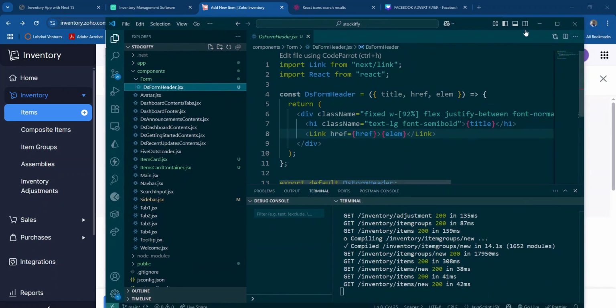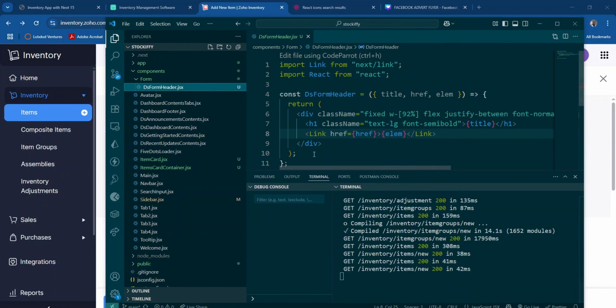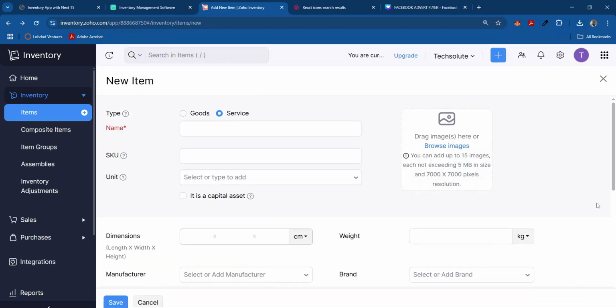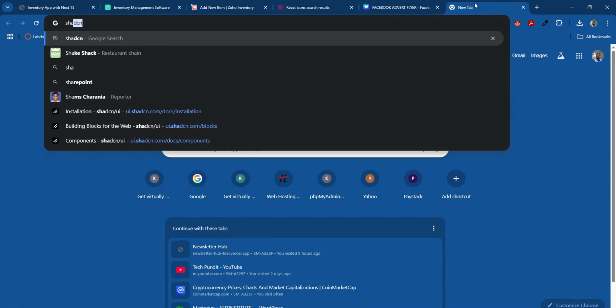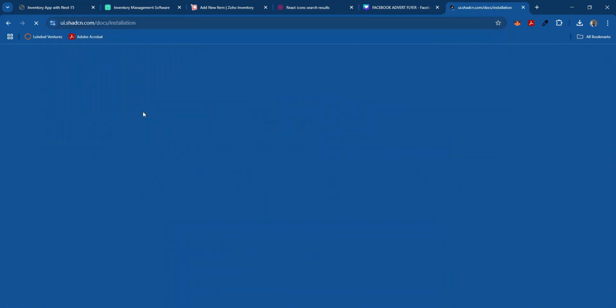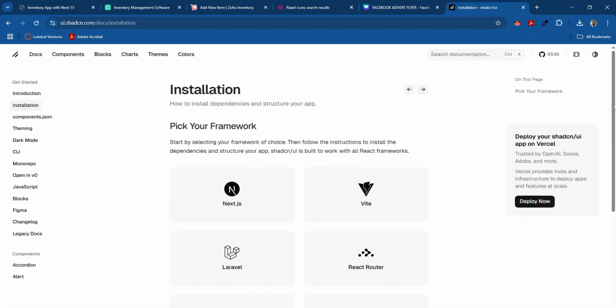That's number one. Number two, we need to install a couple of components. For our form, I'll be making use of some Shadcn components. Okay, so on Shadcn,